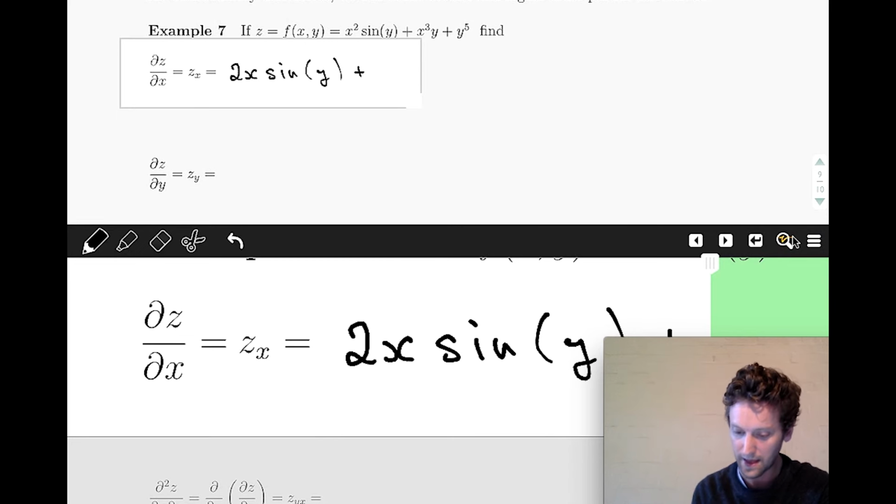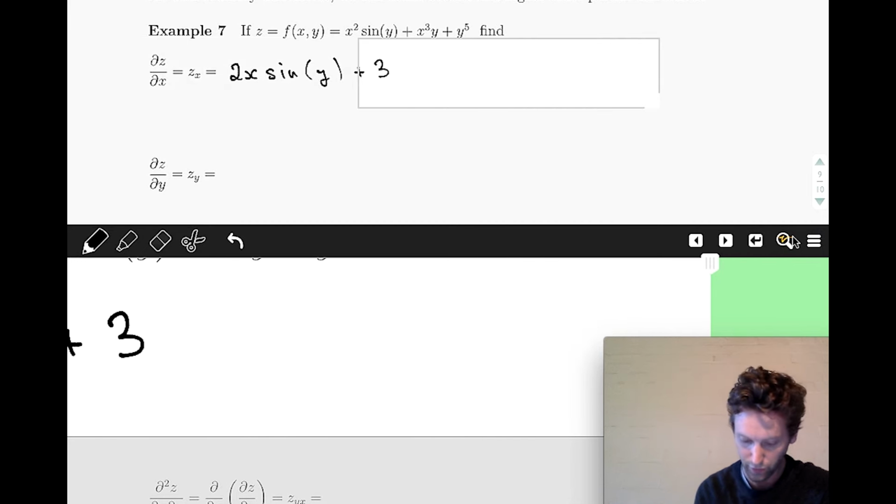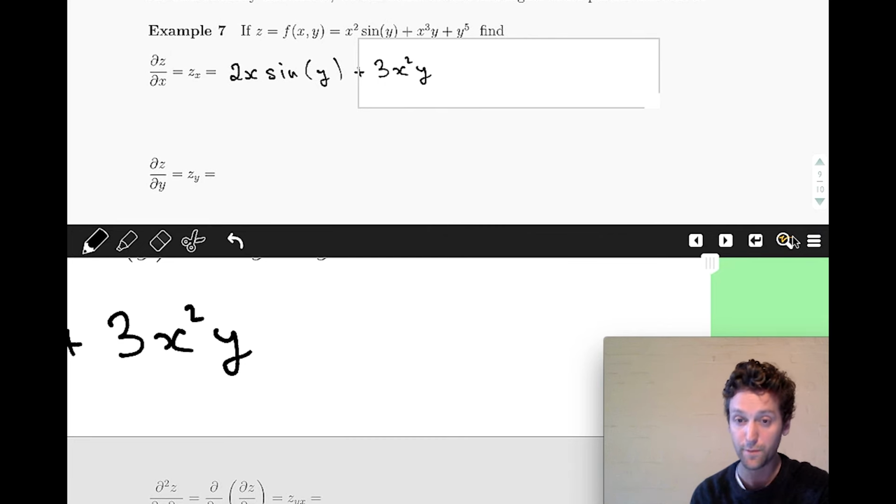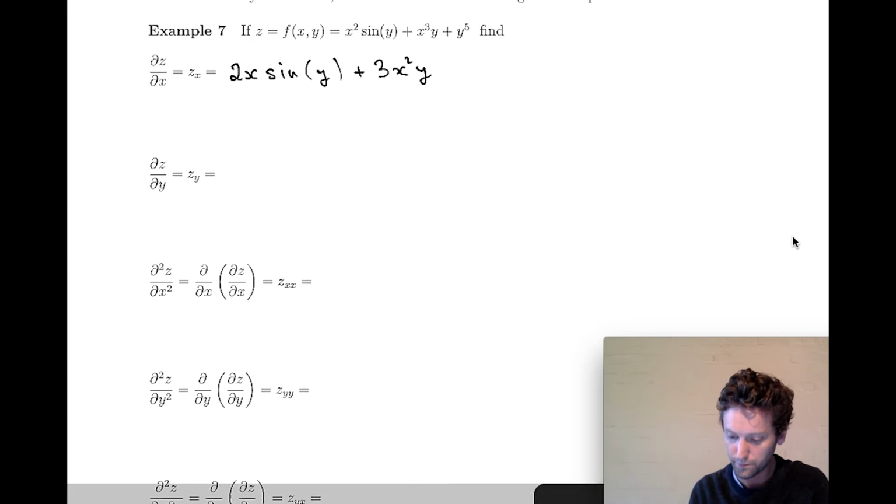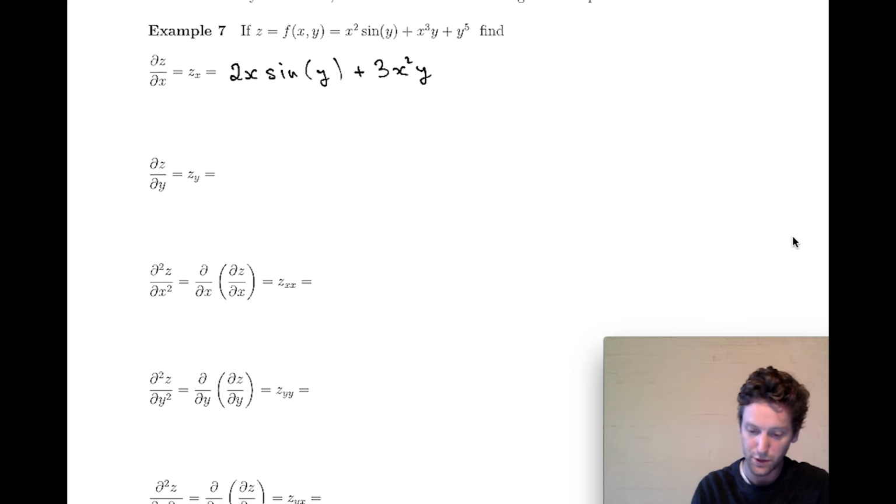Next term, x cubed y. Again, I treat y like it's a constant. The derivative of x cubed is 3x squared. And I have that y left over. And the last term, y to the power of 5, well, that's a function of y only. So the derivative of that with respect to x will be 0. My partial derivative of z with respect to y